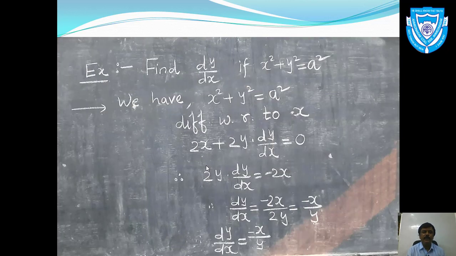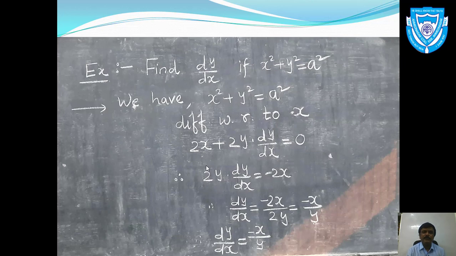On screen you can see that find dy upon dx if x square plus y square is equals to a square. Here we are given one equation. As you know, we have studied this equation. It is equation of standard circle. X square plus y square is equals to a square. You can see that here x and y are together. यहाँ पे इस फंक्शन में आप लोग देख सकते हैं कि इस फंक्शन में x और y कैसे है? एक साथ है. The function is not given in the form of y. So okay, therefore this function is implicit function.